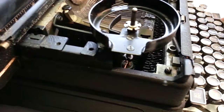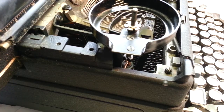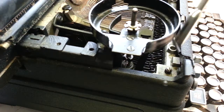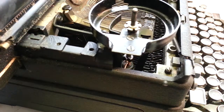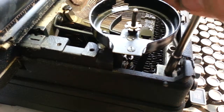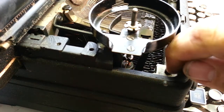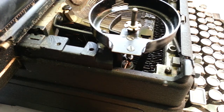Let me see if we can see in here a little bit. That nut right there and screw's got to come loose. It's a 5.5 metric. I think that wrench fits right over there. Oops. We can open and wrench it, or just loosen that and then unscrew that screw. Not all the way, but I